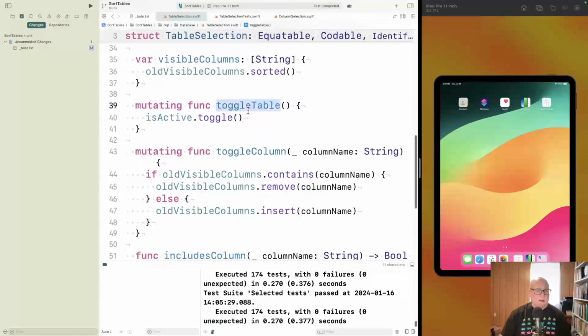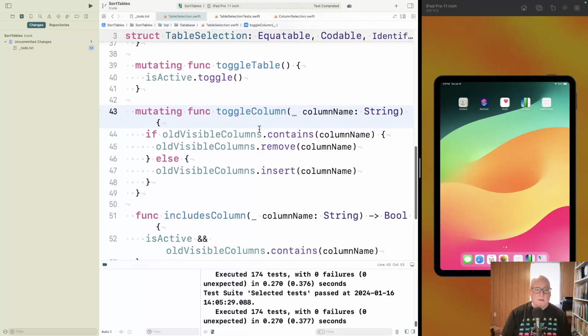Toggle tables not relevant, but toggle column is. So if we make sure that we change everything consistently in both things at the same time, then you should be able to go to either one as a source of truth. And then we can knock out the old one at a time, and it should all work. Okay, so with toggle column, we want to,